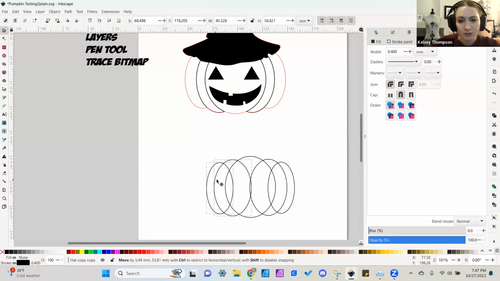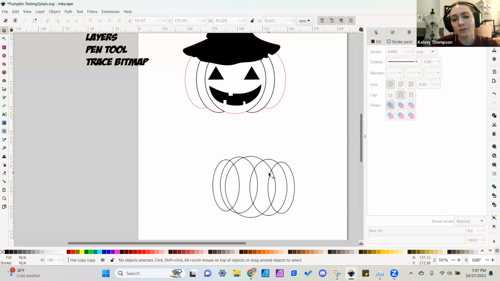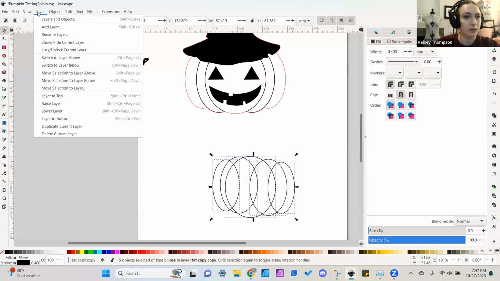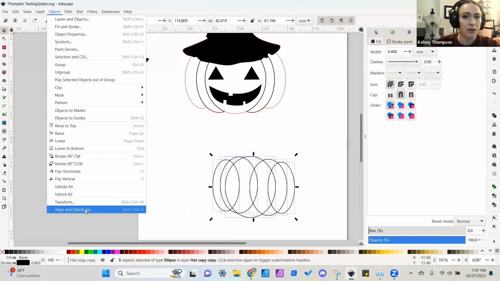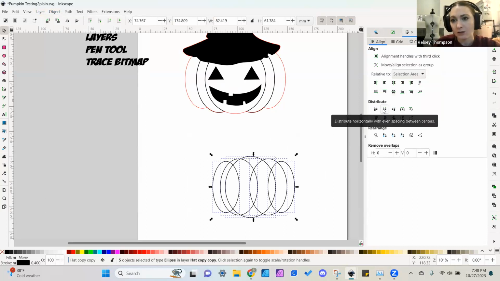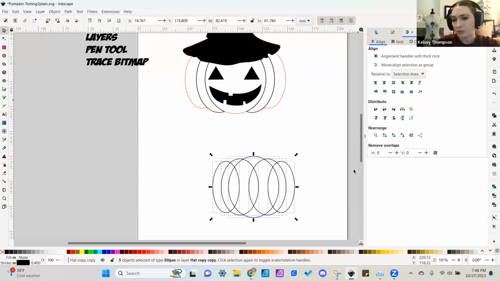Now I'm going to move these down here, but I want them to be even. And there's a reason for this that we'll get to in a minute. Another one of the tools that I like to use is this object align and distribute. Now I have the align and distribute here on this side. I'm just going to align them horizontally. And then another thing I like is I'm going to distribute horizontally with even spacing between the centers. And that just makes it look